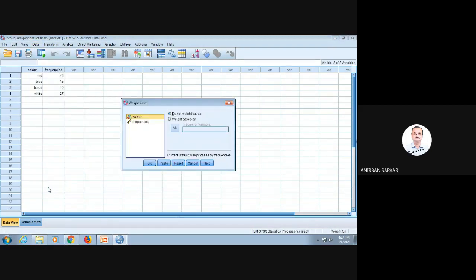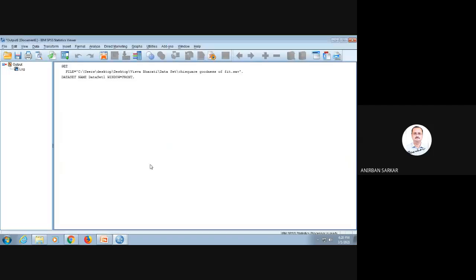When you choose Weight Cases, a dialog box will come and you need to choose the frequencies and send them to the Frequency Variable box. Weight cases by: you have to bring the frequencies data under the Frequency Variable box and then you click OK.